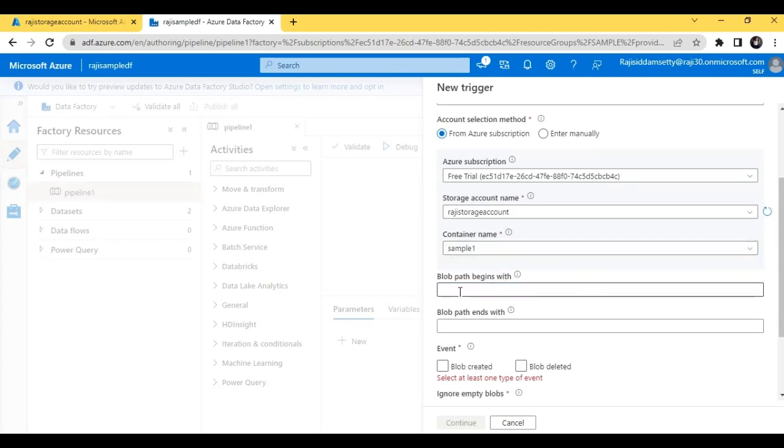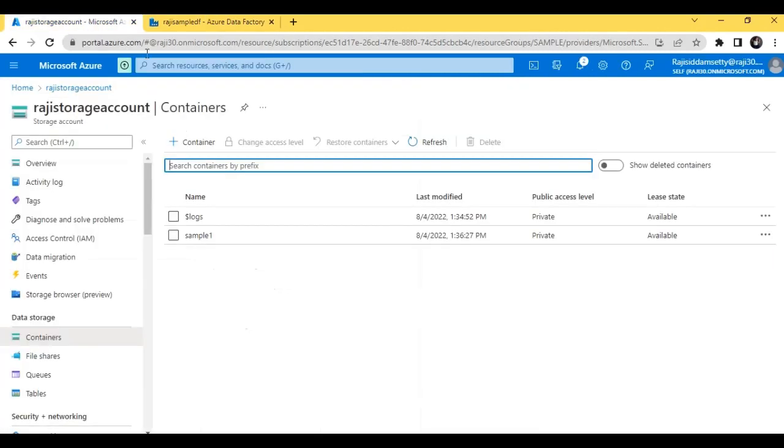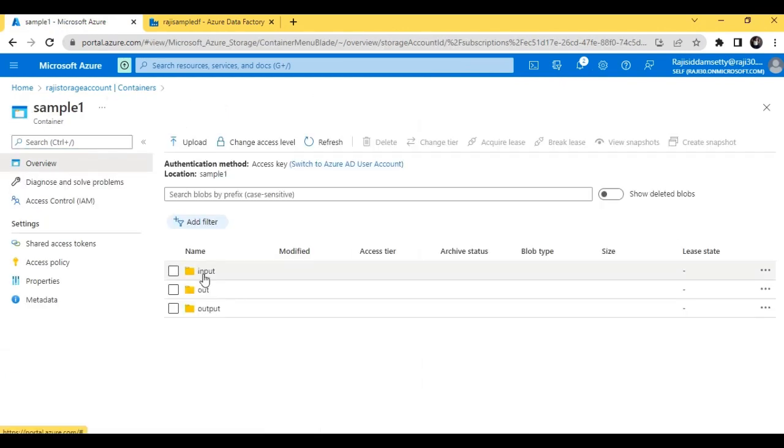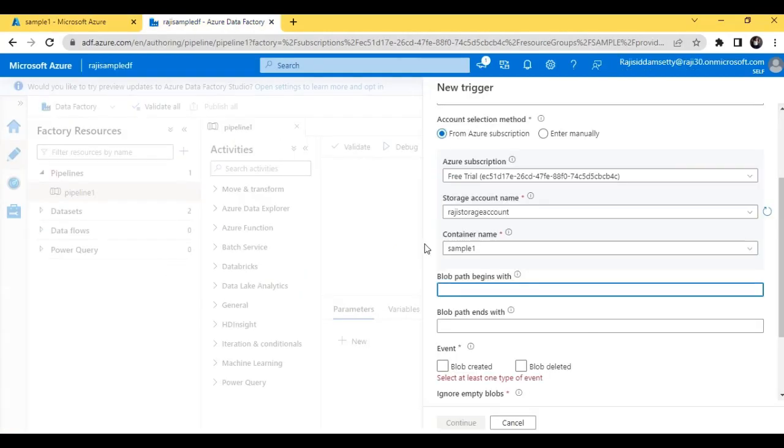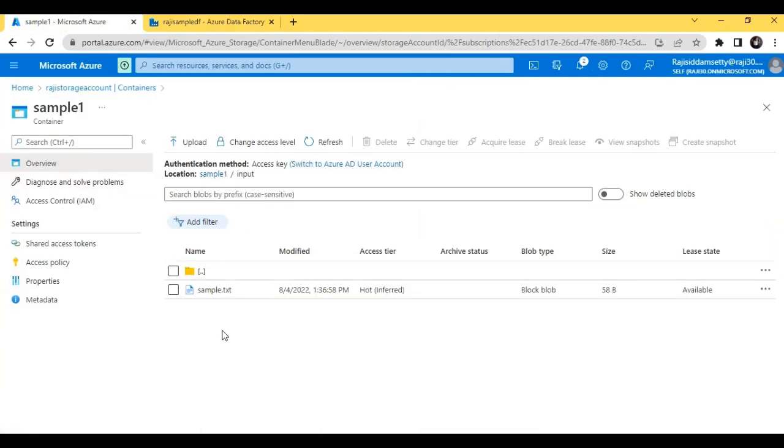and we have to select the blob path begins with and ends with. So we have to select the path, we can select it as input backward slash, ends with dot txt.